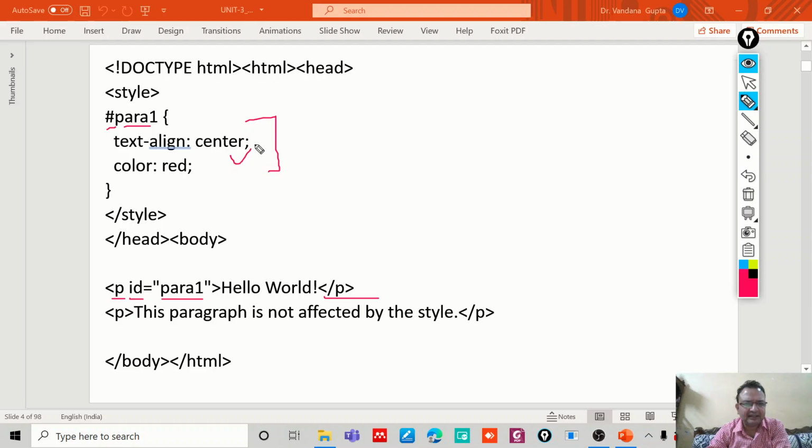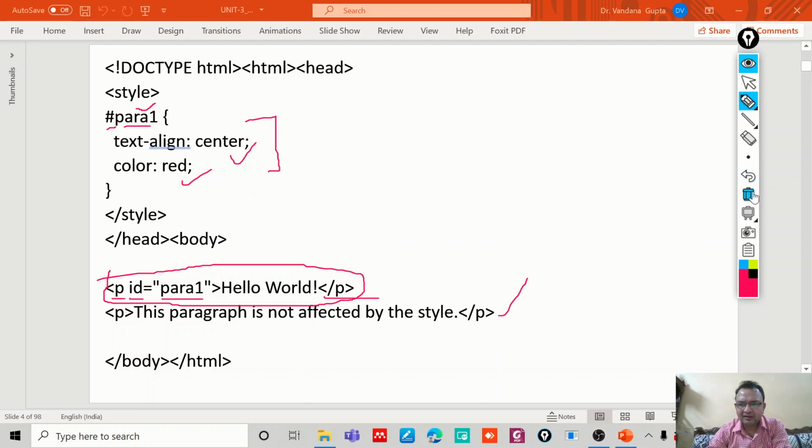The text will be center aligned and red will be the color of the text. This style will be applied to this paragraph only. It will not be applicable to this one, because we are providing the style to the particular HTML element whose ID is specified here.